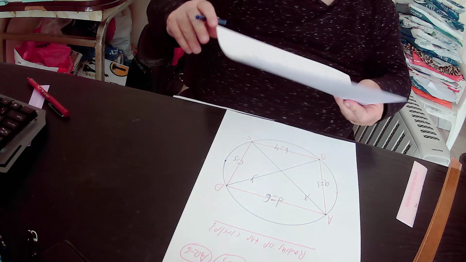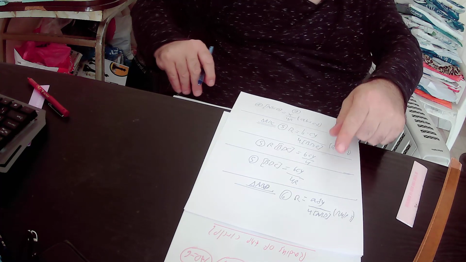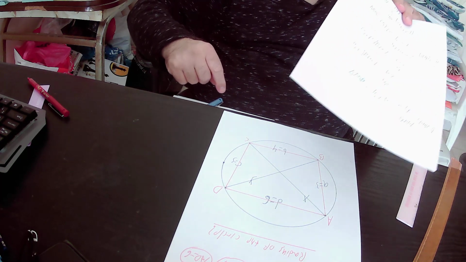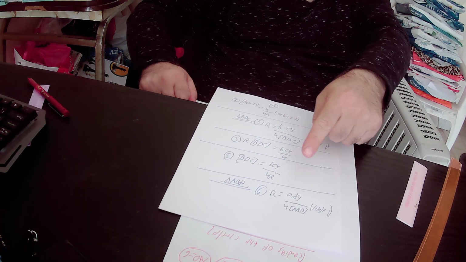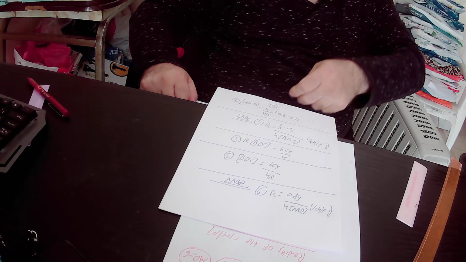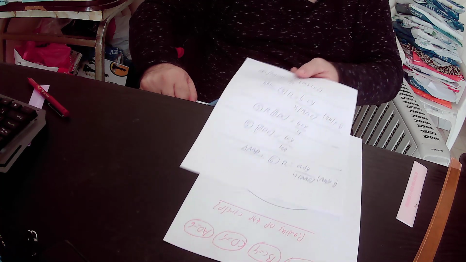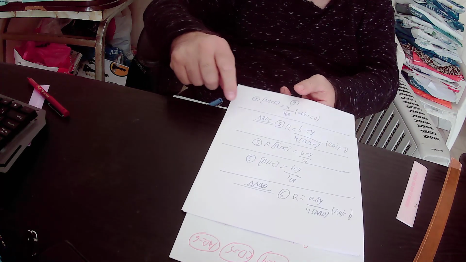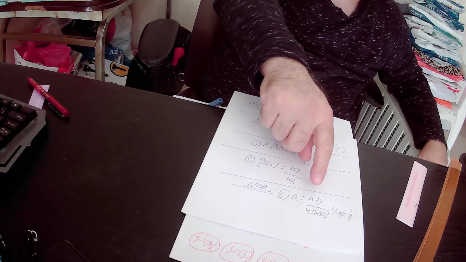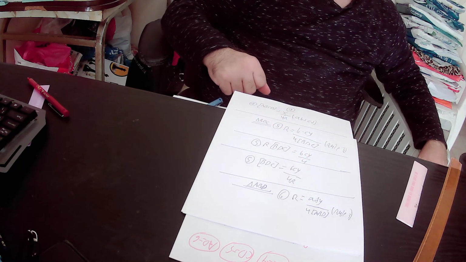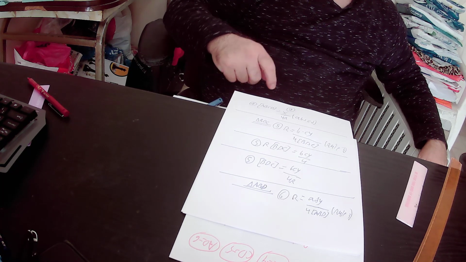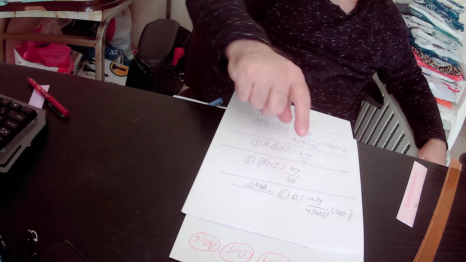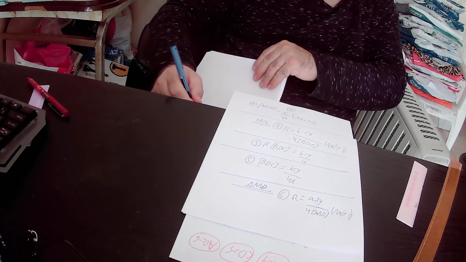I will repeat again. Because triangle ABD is inscribed in this blue circle, according to rule number 3, the radius of the blue circle will be equal to the product of triangle ABD's sides, that is to say, A times D times Y, over 4 times the area of triangle ABD. So here we will multiply equation number 6 by the area of triangle ABD, and we will get that